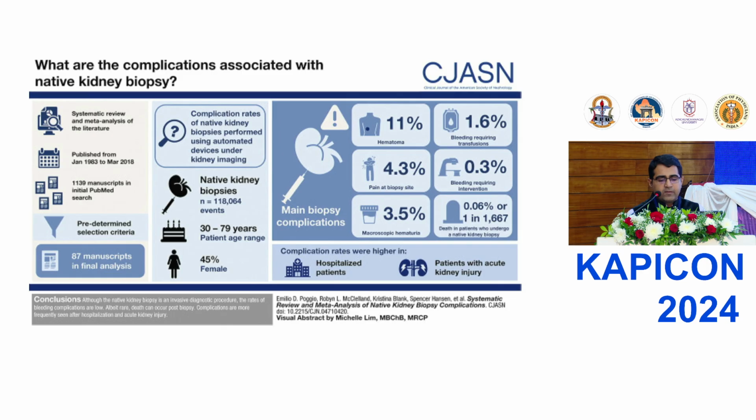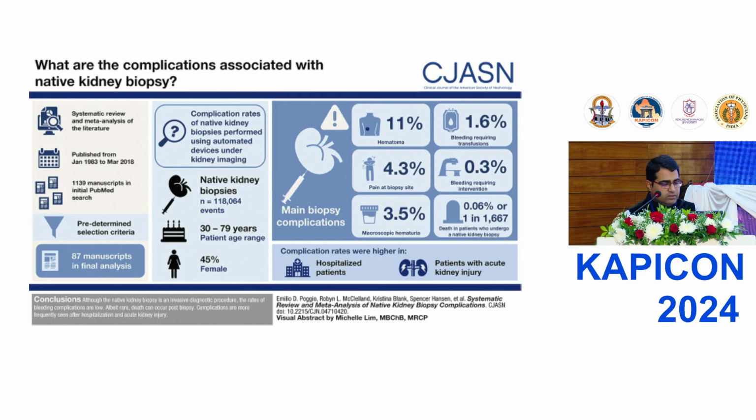Bleeding requiring intervention. Yes, sometimes if it bleeds, there is a formation of AV fistula. Also, the rupture can be severe and it requires intervention. Usually we intervene with DSA. Either we go for coiling or angioembolization, or we apply glue. Death is very rare, maybe 0.06.